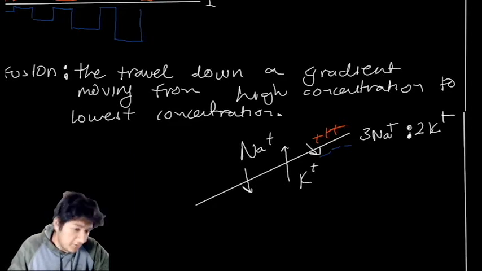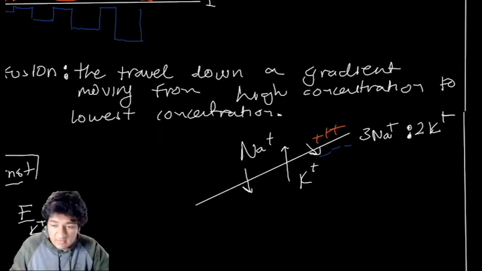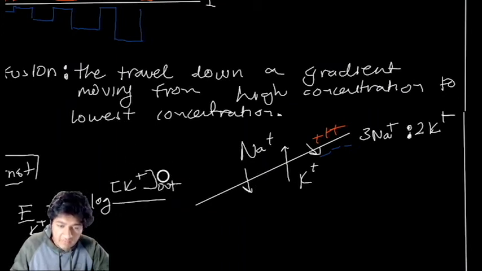So according to Nernst, I'll just write his name over here. The equilibrium potential, EK, of say K plus, is going to be equal to 60 log K plus out. So this is the concentration of K plus outside of the cell, and K plus